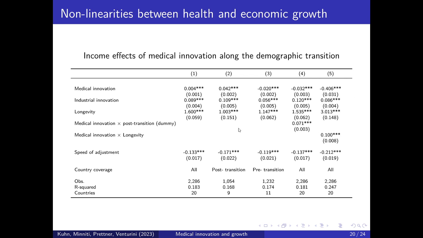And in the last column we interact medical innovation with longevity. That has to be taken with caution because both of them are I(1), so the product is not I(1) anymore, and therefore one may not use dynamic estimates, but we also use static estimates later on. We will see this also, and they lead to quite similar results as the dynamic estimates. Still, we find the same results as here. So medical innovation has a negative coefficient here, and the coefficient of the interaction term is positive and highly significant.